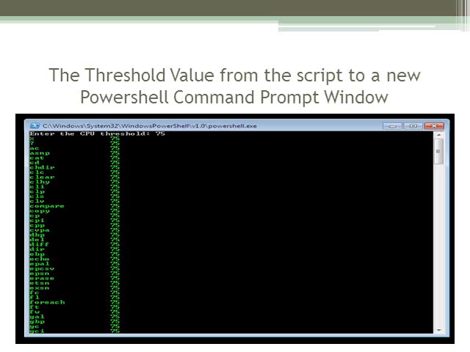So I had to enter the CPU threshold, which means I pick the number 75, and then it runs down the output of the Windows PowerShell Command Prompt Window,